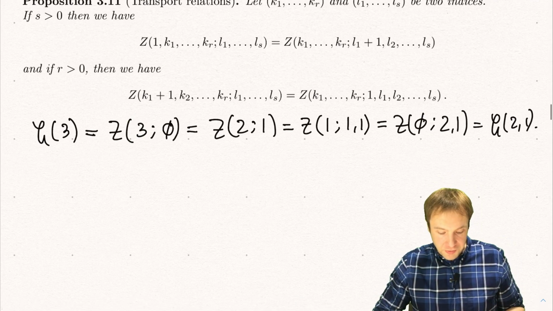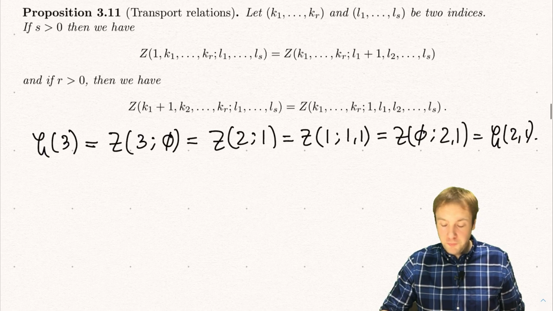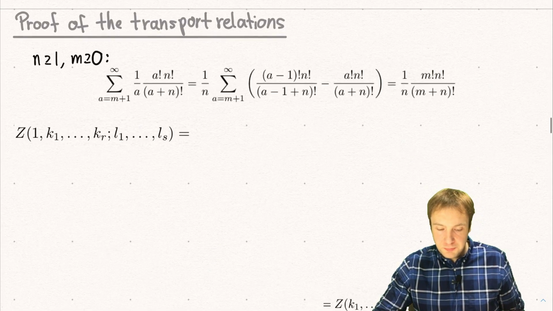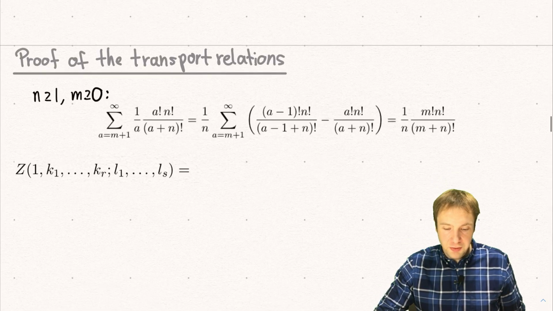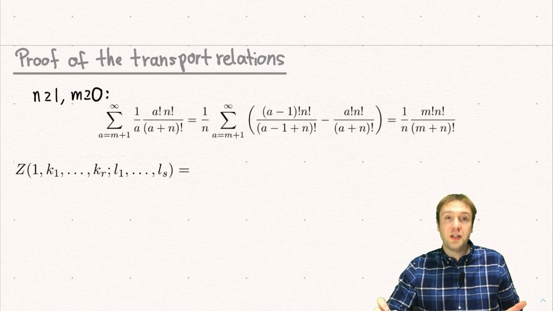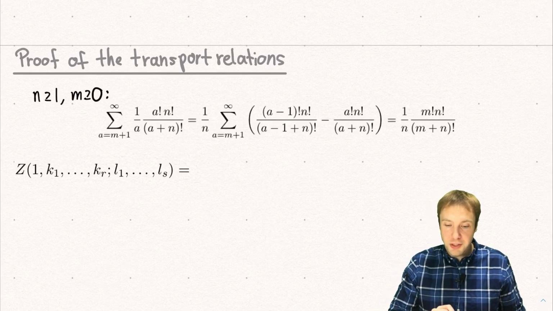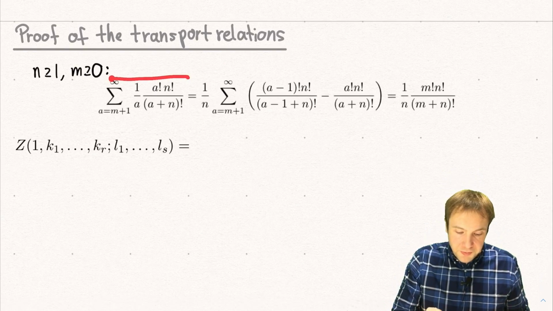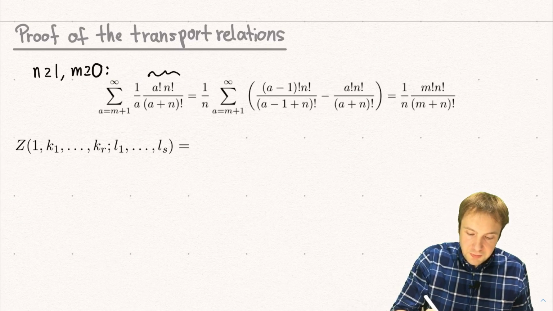Okay, so now let's prove this. And this is now really the beautiful thing about this. The proof is really, really simple, because it basically just uses this one equation here. So let's consider this sum here. So notice this here is basically just the connector